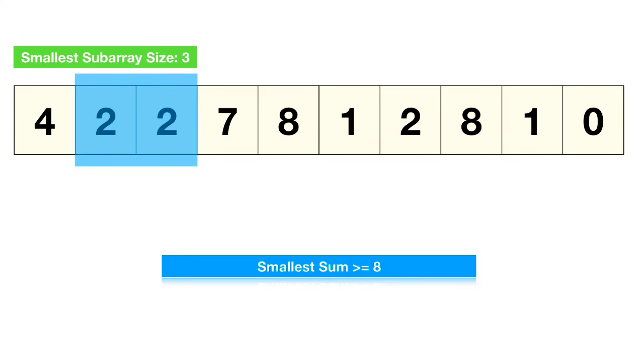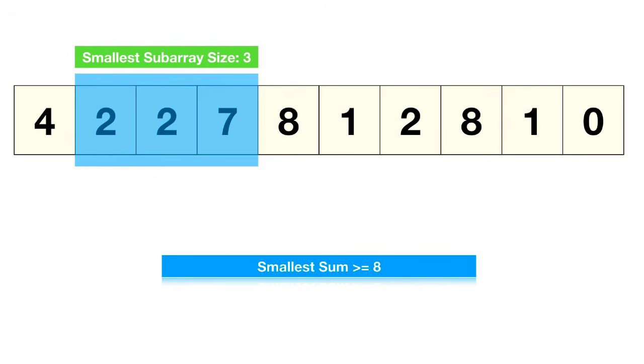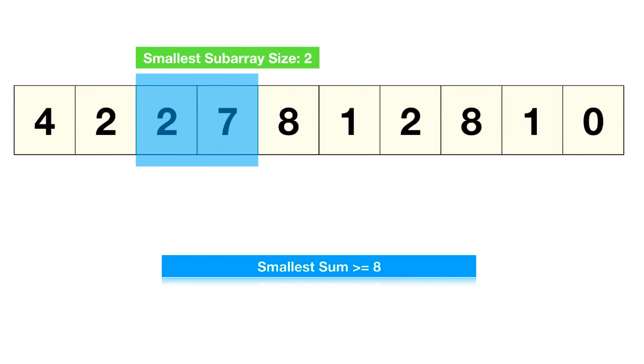So what I'm going to do is grow the right side again. And now I get to the point where I have a sum of 7, 8, 9, 10, 11. So that's actually greater than or equal to 8, but it does not beat out the smallest subarray size of 3 that we have already calculated. So I try and shrink the left side, and we can see that 9 satisfies the criteria of greater than or equal to 8, and it was also smaller than the smallest subarray size of 3, so we update our value. I'm going to try and shrink this even further, and we see that 7 unfortunately violates the constraint,